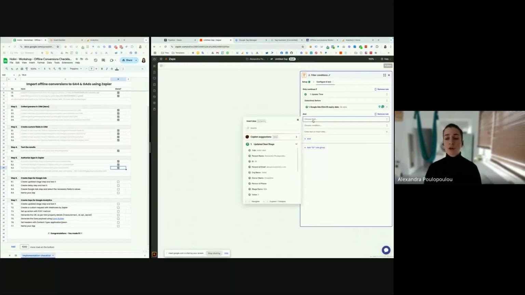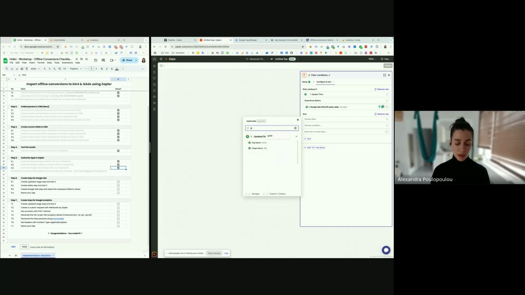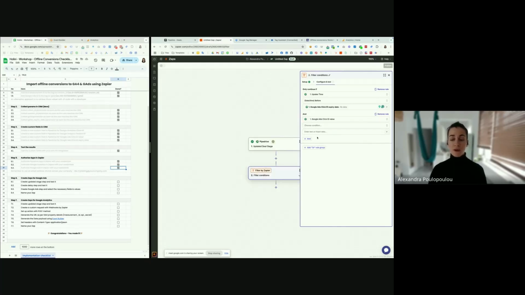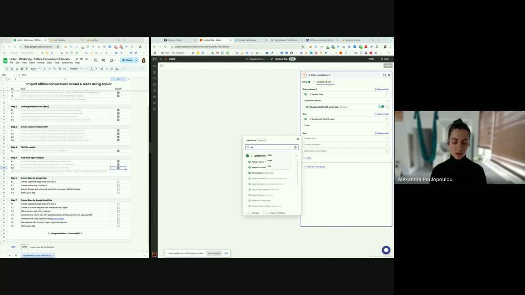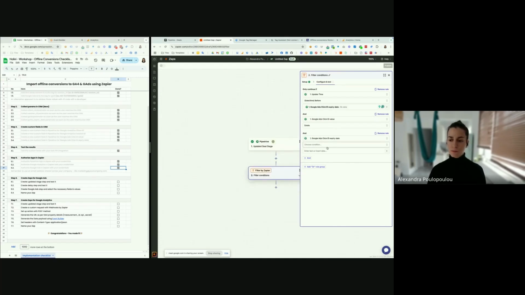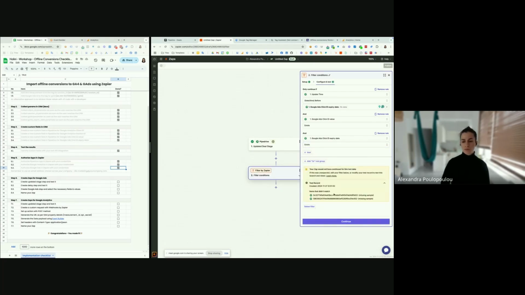Apart from that, of course, we need the GCLID to be available. Otherwise, we don't have information to send back to Google Ads. And we want also to have available the expiry date. Exists. And we can continue. For the record that I chose, I don't have a GCLID, but we can continue, and this will work for other records that will move to the next stage.